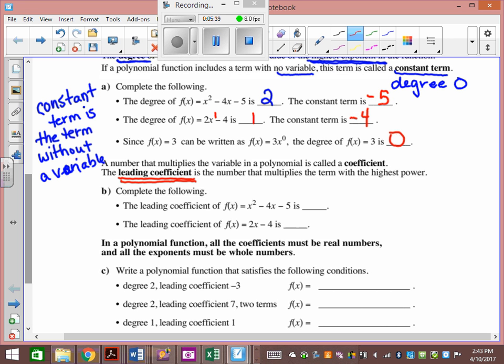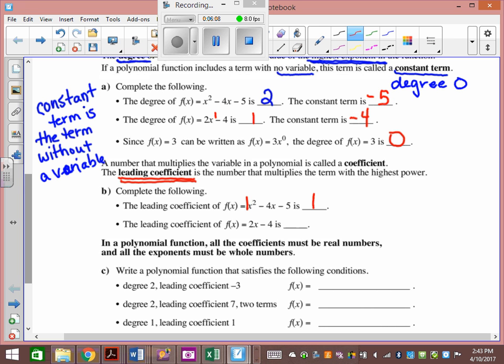highest exponent. So the leading coefficient of f of x equals x squared minus 4x minus 5 is what? What's the number that leads this? The number that's in front of the largest exponent. Yeah. 1. It's the number that's in front of the x squared because the x squared is the highest power. And if there isn't a number in front of x squared, the number is 1. Okay, you can put a 1 there. You can't put a 0 there because 0 times anything is what? 0. So if I put a 0 in front of the x squared, it would just cancel and go away,